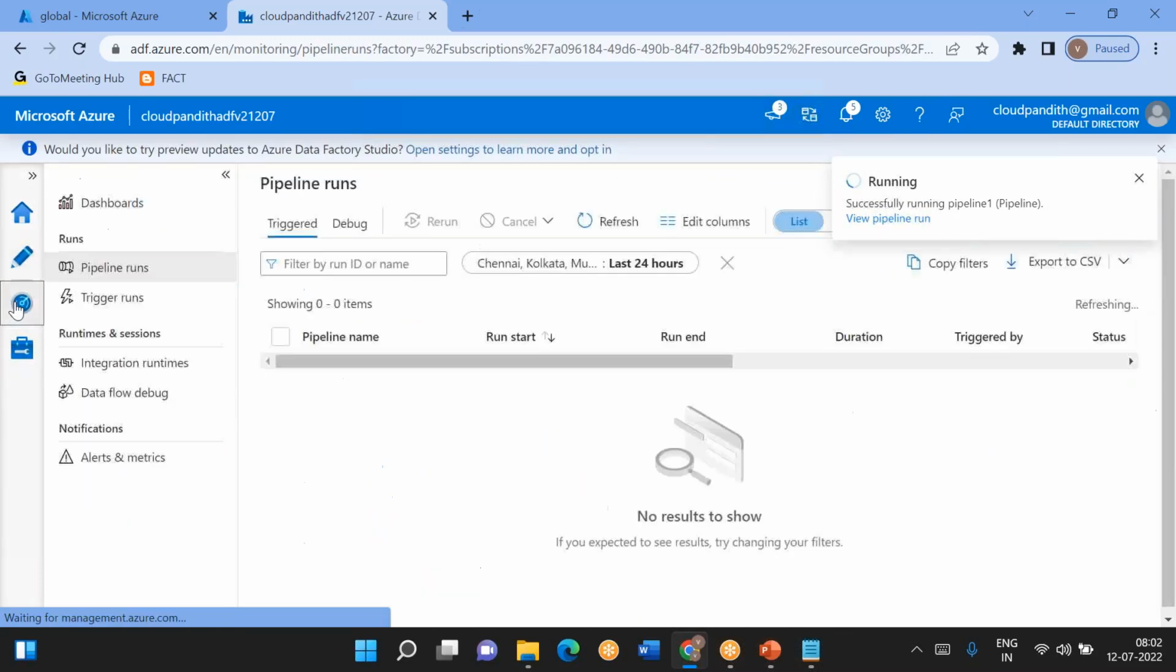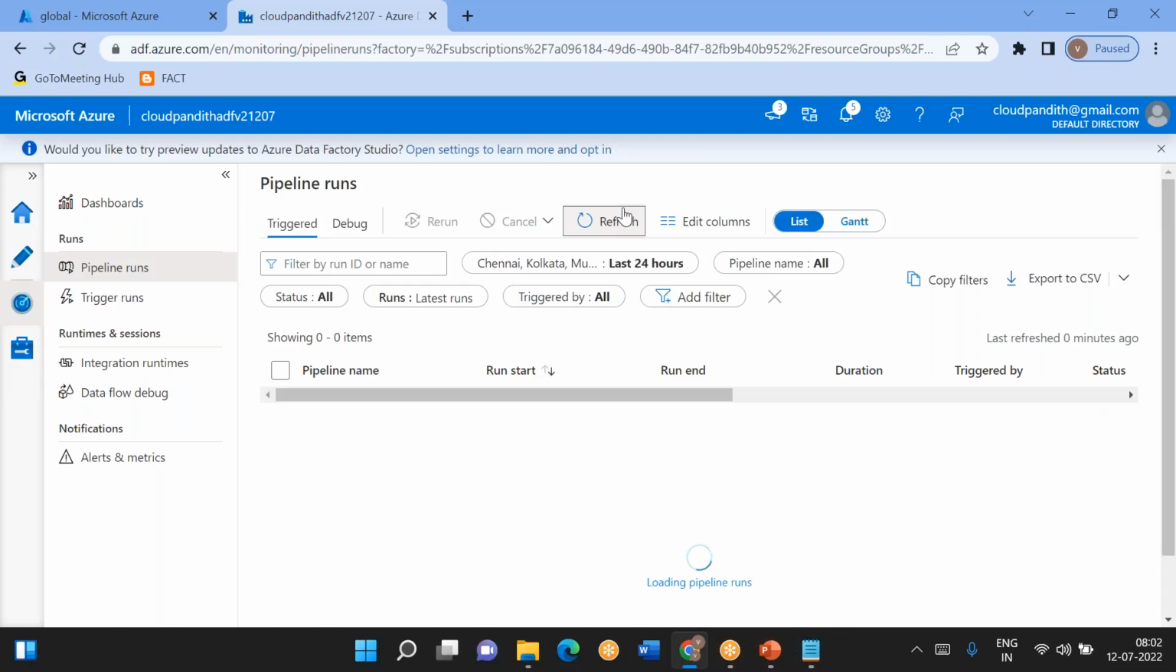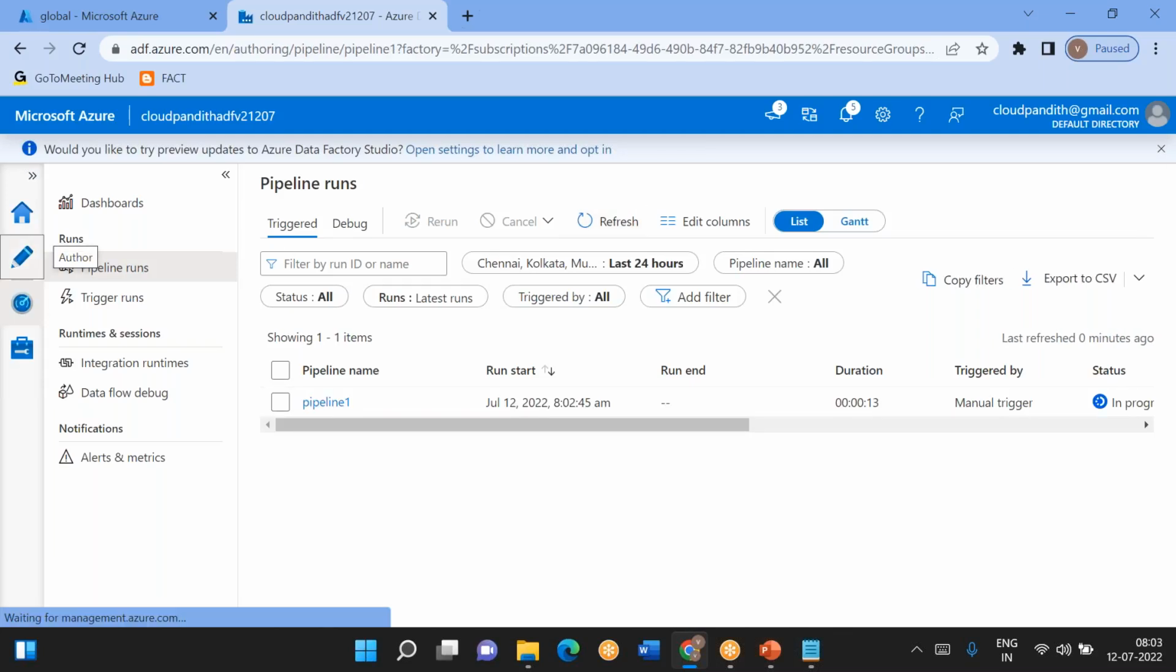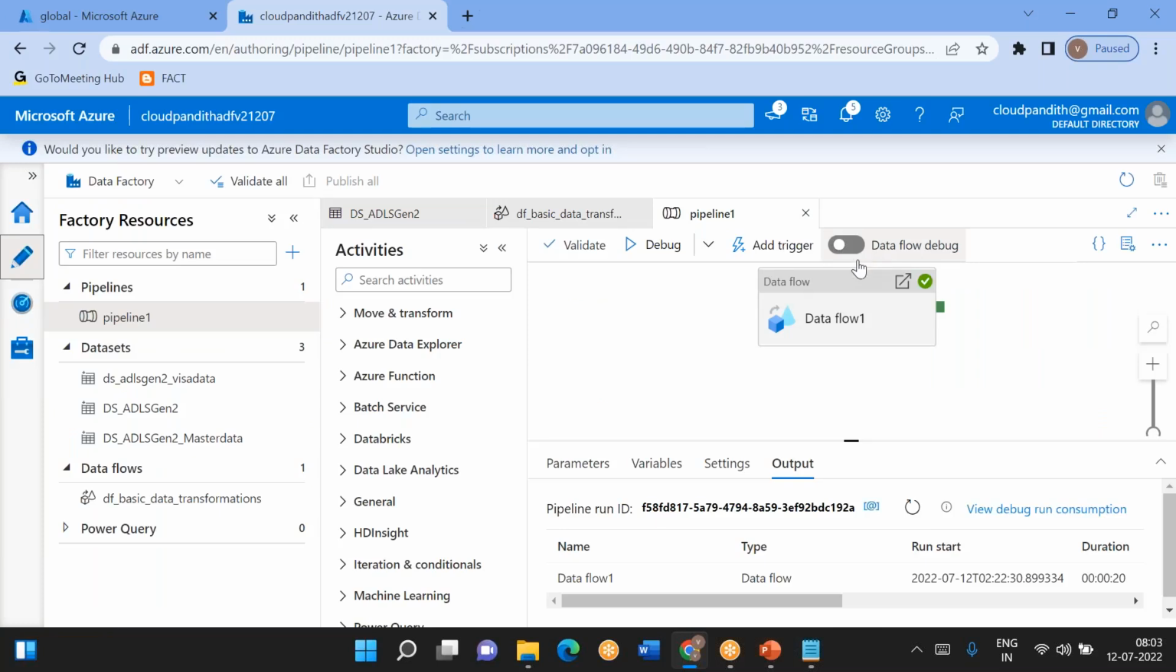So what happens is, basically, it takes 4-5 minutes. Why does it take 4-5 minutes? The reason is, as you have not turned on the data flow debug, what happens is,